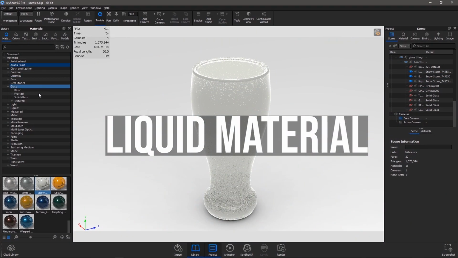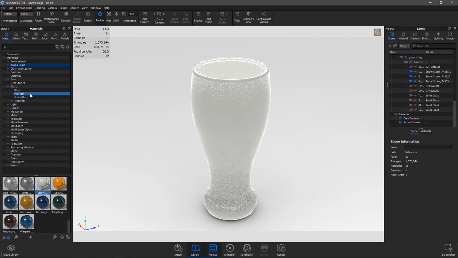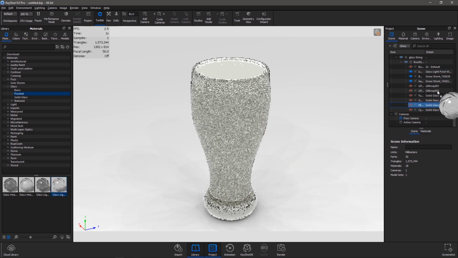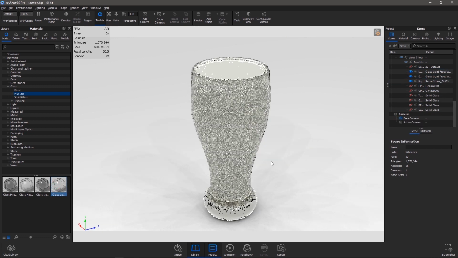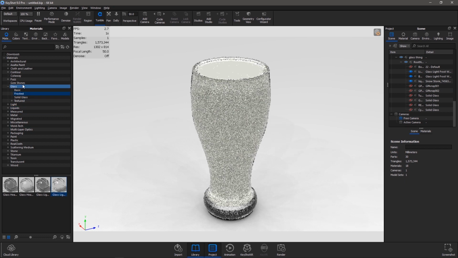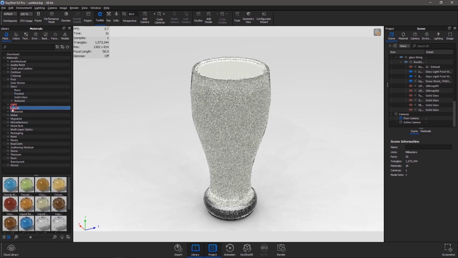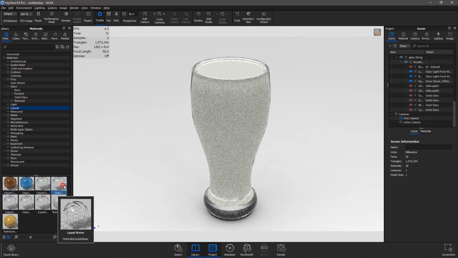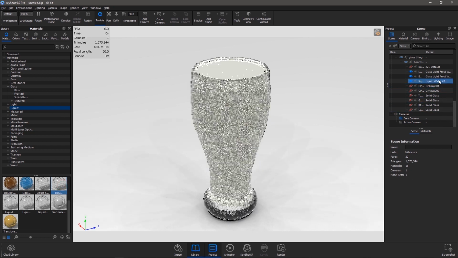Next material type we are going to discuss is the liquid. Using this material type, you can create any liquid by tweaking a few parameters. The liquid material type is a variant of the solid glass material that has the added ability to set the outside refractive index. This allows you to accurately create surfaces that represent the interface between, for example, a glass container and water. There are 2 parameters in liquid which are different than the solid glass. Those 2 parameters are color out and the refractive index outside.